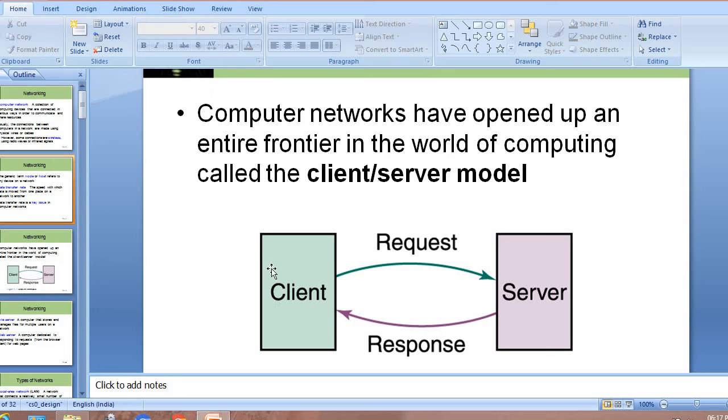If a client has to perform any specific function, it has to request the server: please give me a response so that I can do the required task. If the server responds yes, then the client can perform that task, otherwise it cannot.